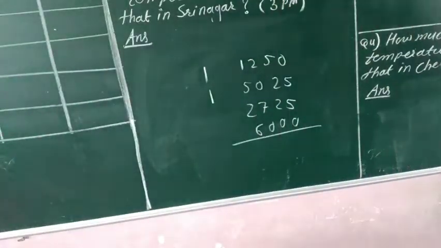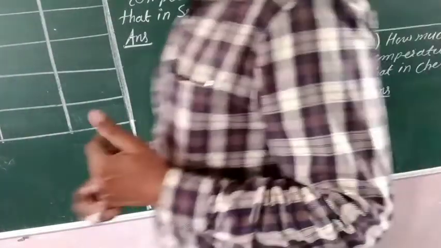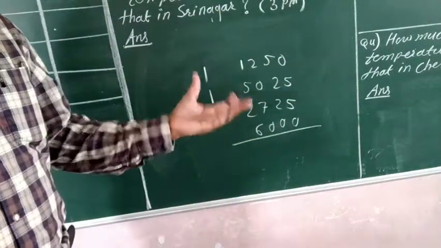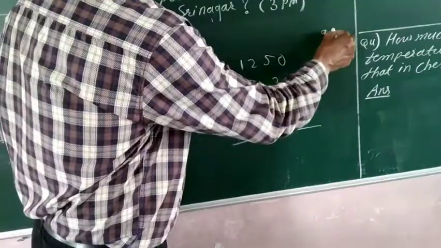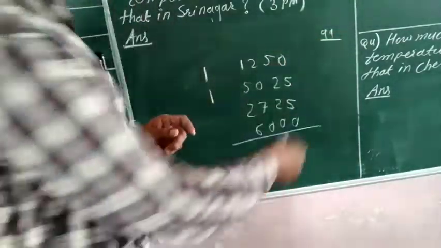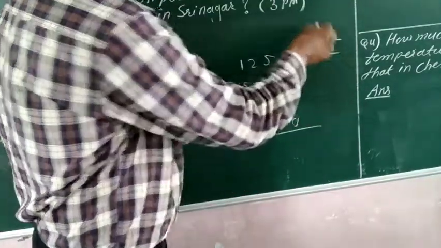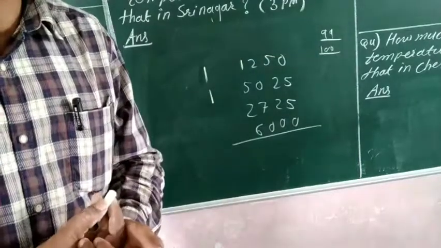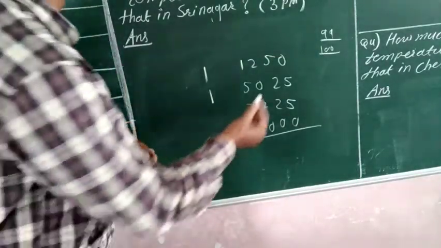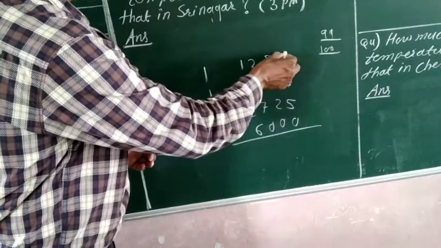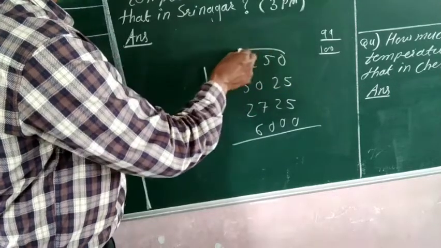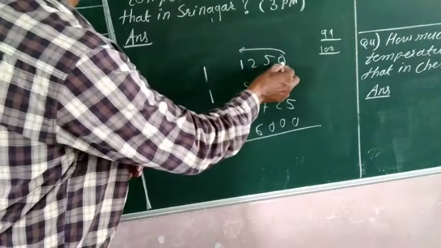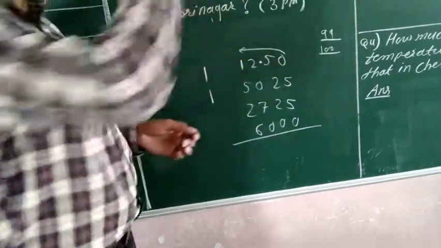Where do you have to put the decimal point here? See, it is rupees. There are 100 paise in 1 rupee. Up to 2 digits, 99, these are paise, and when it is 3 digits, meaning 100, it will be rupees. It will be converted into rupees. So starting from the one's place toward the left, after 2 digits we have to put the decimal point.